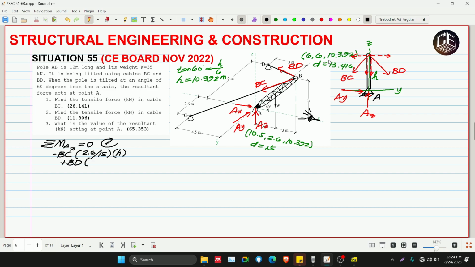And then, multiply natin sa kanyang Y component na 6 over 13.416. Then, multiplied by moment arm na H is equivalent to 0. Cancel na natin yung H. So, labas na lang siguro natin ng BC. Pwede naman. Anyway, labas natin ng BC is equivalent to,